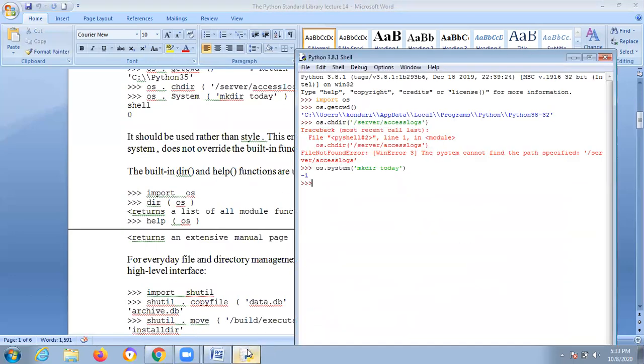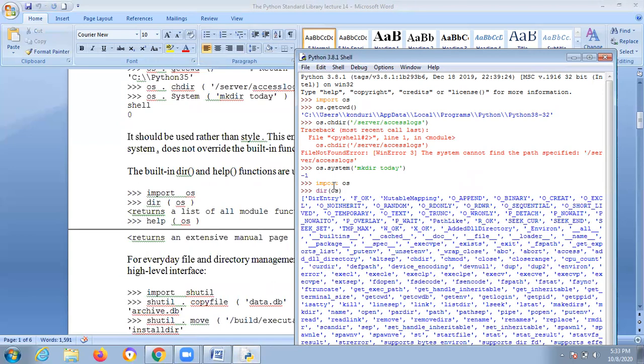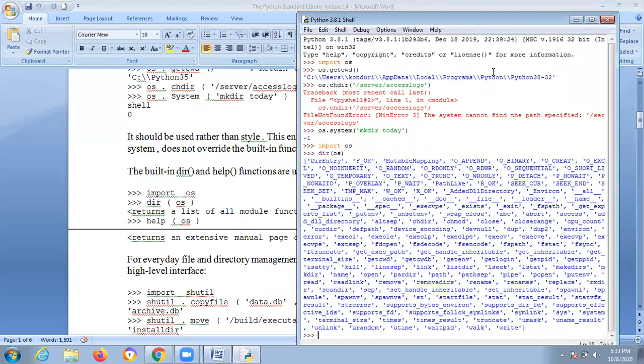Suppose you want to work on some more things. Import os, dir open parenthesis os, and you will get something like this. This will search the Python standard library where these operating system commands are, and everything will be displayed to us.